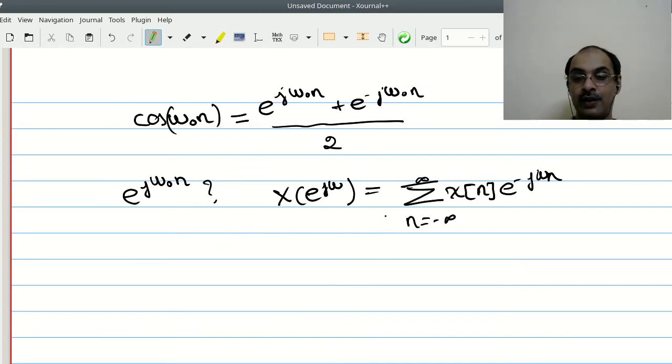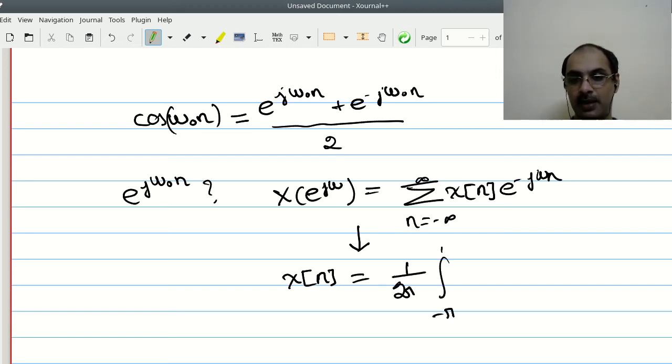If you did the Fourier series based proof, you will find that the formula comes for free. The inverse DTFT is 1 by 2 pi integral minus pi to pi x of e power j omega